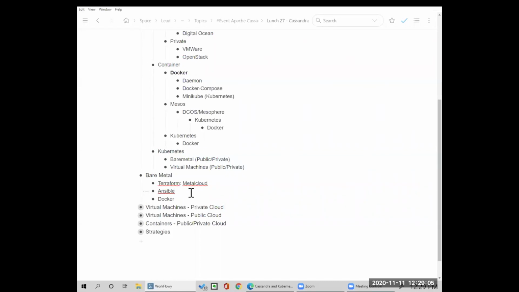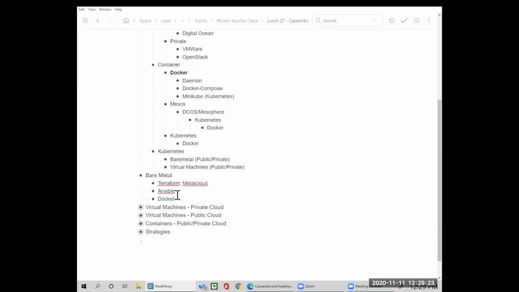But it's getting easier. Terraform, which is infrastructure as code software, actually has a provider for metal called Metal Cloud, which will make it a little bit easier.